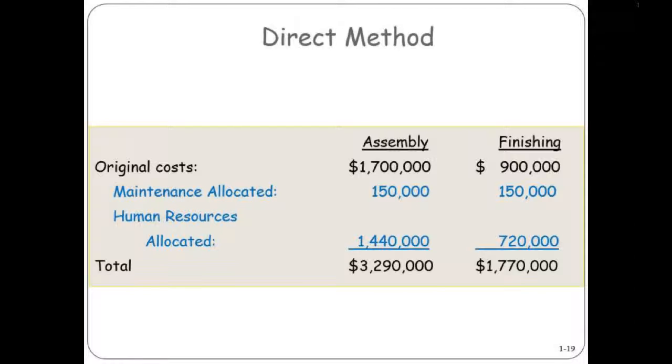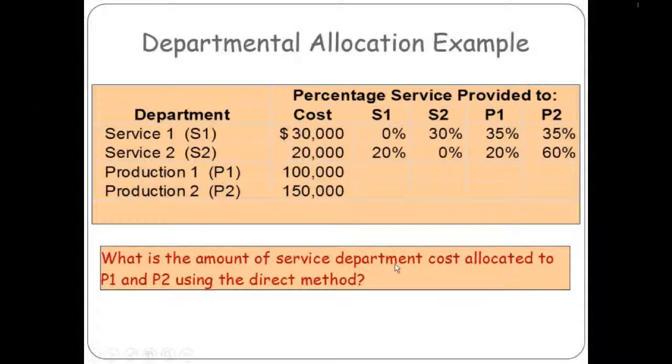The challenge for this method is if you're dividing up the costs by percentages, you don't have 100% going to assembly and finishing because there's some going to the other service departments. You need to step the percentages up so that the 100% are going to assembly and finishing in order to do this calculation. And you'll see that in an example. In this example,